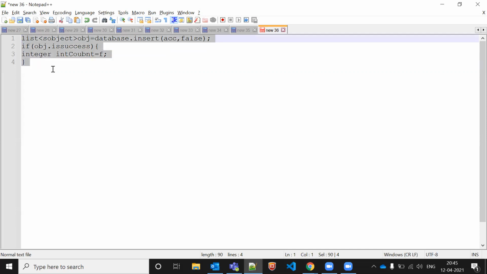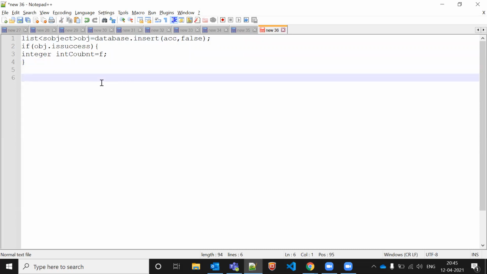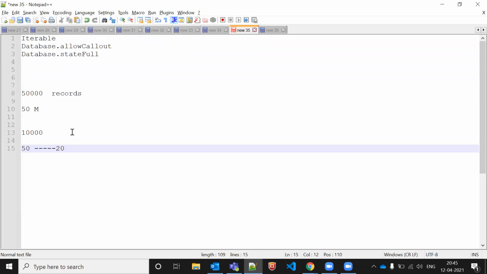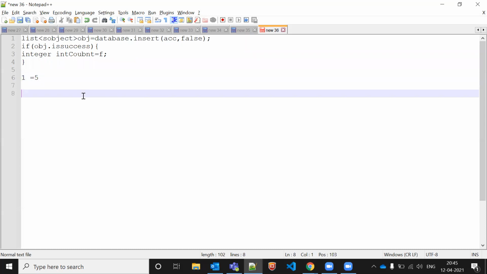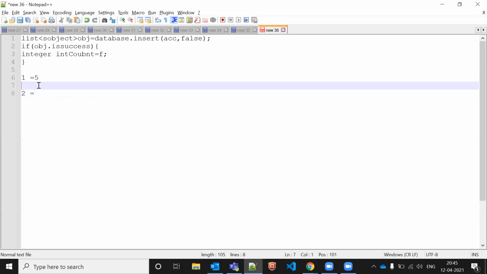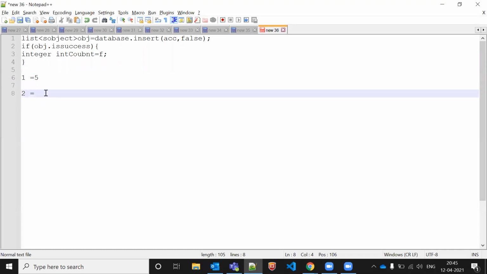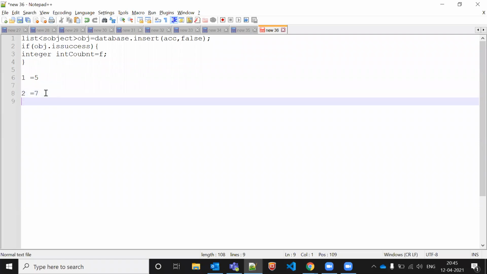there is nothing wrong in this logic, but what's the problem? As I said, my batch apex will run 50 times. If 20 batches fail, what will happen? If my first batch comes, let's say 5 records fail, it calculates 5. If my second batch comes, every batch is refreshed again, so it is first set to 0, and then let's say 7 records failed in the second batch.